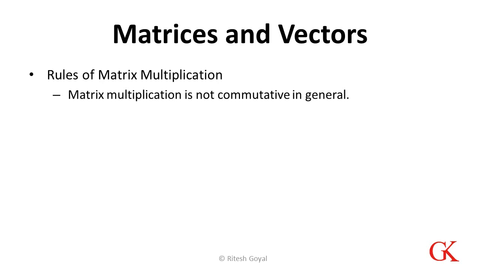because matrix multiplication is not commutative in general. What it means? AB is always not equal to BA. There may be some specific cases where we are using two square matrices and both come to the same multiplication, but in general AB is not equal to BA, and anyone can understand that. Let's say we have A, 2 into 3, and B, 3 into 4. In that case AB exists and the multiplication will be 2 by 4, but BA doesn't exist. So it makes sure that AB is not in general equal to BA.